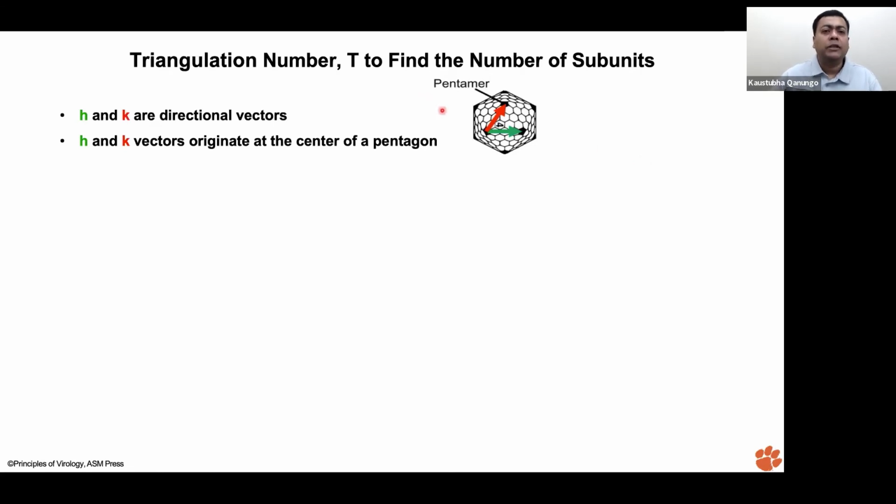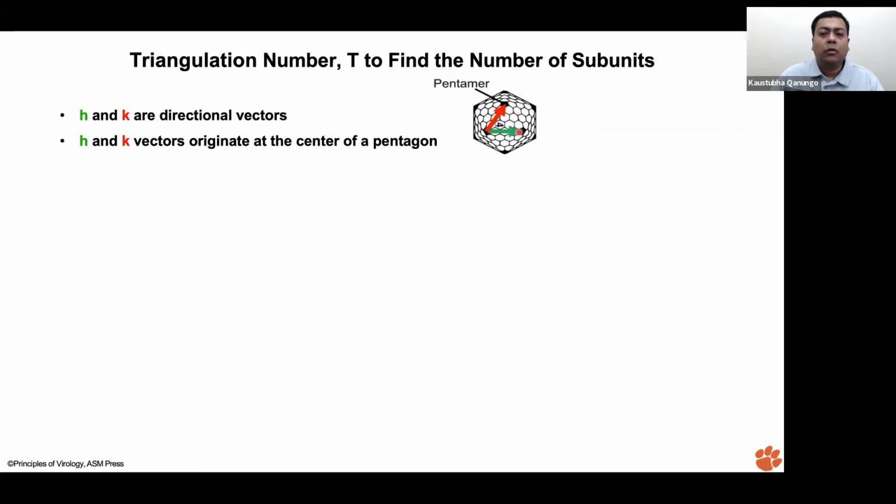To find the triangulation number, suppose this is a typical icosahedron, and each one of them is right here. We are looking at the 5-fold symmetry. So we are originating from the center of a 5-fold symmetry. And if we take this surface vector from one direction, suppose this is the H vector. And if we go in another direction, this is the K vector. They are just in different directions. Whatever is K and whatever is H is the same. So the main thing is that the H and the K vectors originate at the